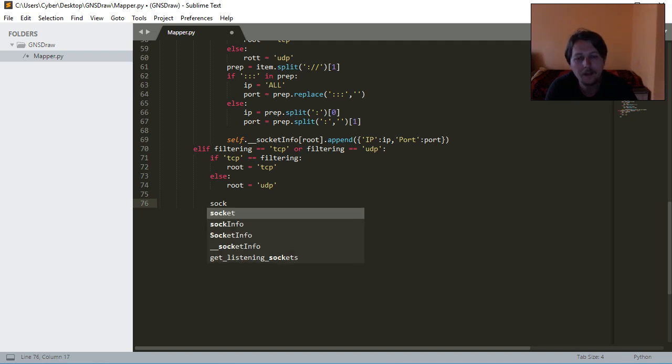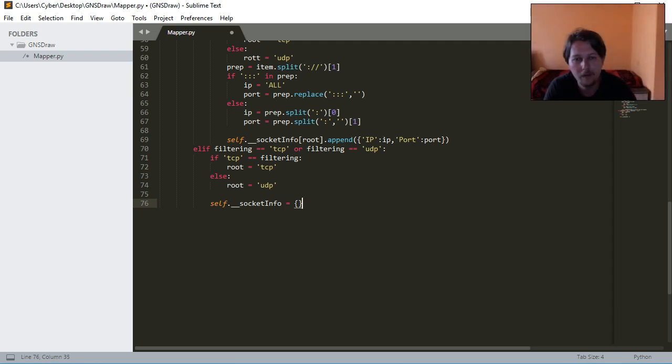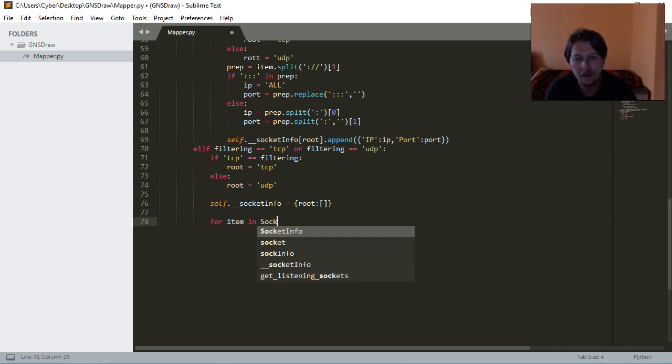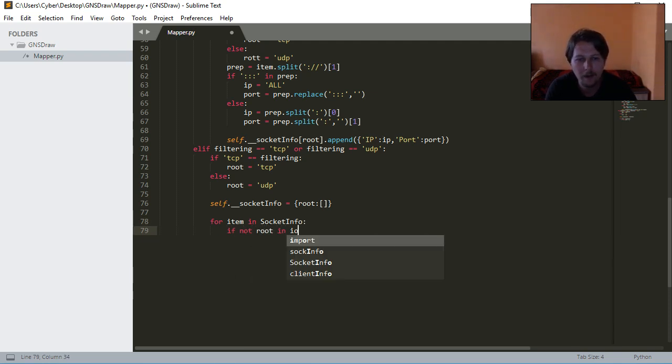And the self.socket info is going to be equal to the root as key and the empty array or list as a value. And after that, we will say that for every item in the socket info, not root in item,